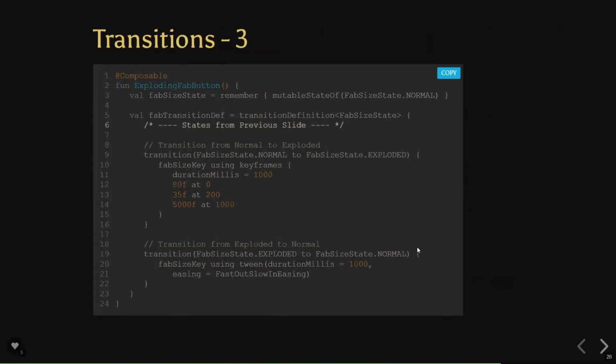We have stayed from the previous slide in transition definition, and now I will be explaining how the migration from one state to another state will happen. So I'm saying, okay, transition from normal to exploded, or transition from exploded to normal. If I have other states like, okay, go up, then right, then below, then do this, then scale, I will be adding more states and more transitions. Inside these transitions, I have simply defined, for the first, normal to exploded, take keyframes,